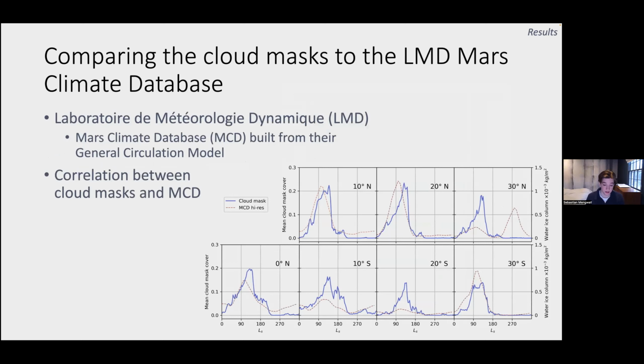And beyond just using these cloud masks, we can actually look at how these cloud masks compare to other data sets. This one, we're looking at the LMD Mars Climate Database. So the Mars Climate Database is a database that uses information and models to identify, for this, what type of water ice column densities. So essentially how much water ice or how dense are the clouds at a certain region. So what we try to figure out is whether there was a correlation between my cloud masks and the MCD's Mars Climate Database. And so what we can see here is a pretty strong correlation at certain different latitudes, where